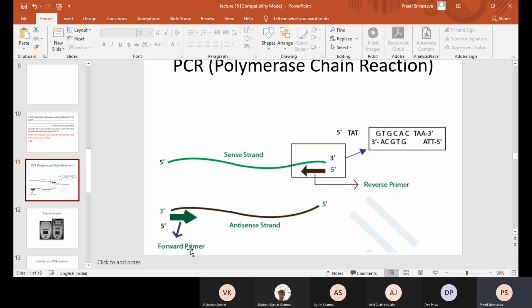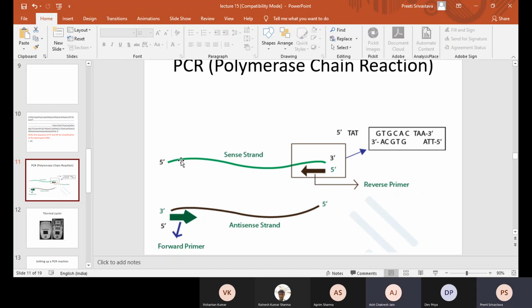Now you see this part carefully. The green primer is actually the forward primer, and the forward primer is basically the sense strand 5 prime to 3 prime. Whatever nucleotide, everybody please see. This sequence is exactly the same as the sequence of the sense strand. Exact replica. Okay. You see that? The black strand is complementary to the sense strand. That is why it is the anti-sense strand, right? So the forward primer is going to amplify the antisense strand. So the forward primer has to be complementary to the antisense strand, which is nothing but the same as the sense strand.